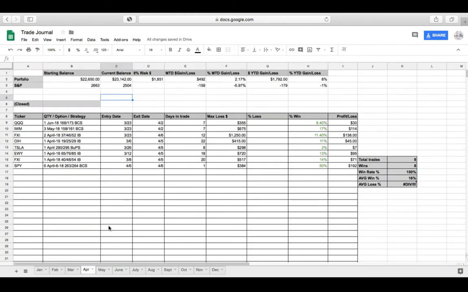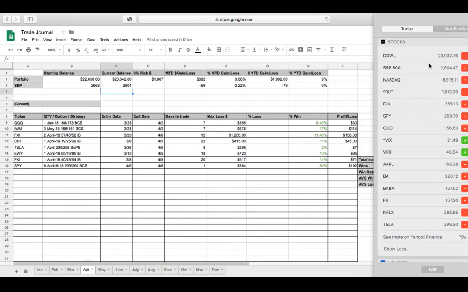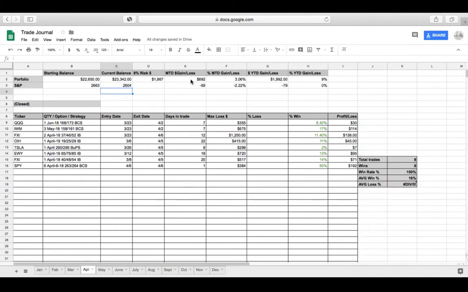So let's go over to April, because that's the month that we're in. I've been using this particular trade journal for about 5 weeks, so these numbers I need to populate. What I would do is come in here and push that up to the price. I know that my portfolio is at that, and the S&P is at 2604. And so now it begins to show me my month to date gains, my month to date return